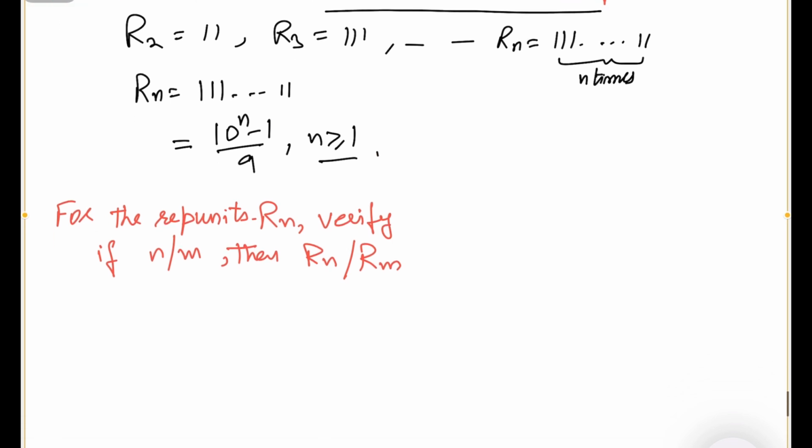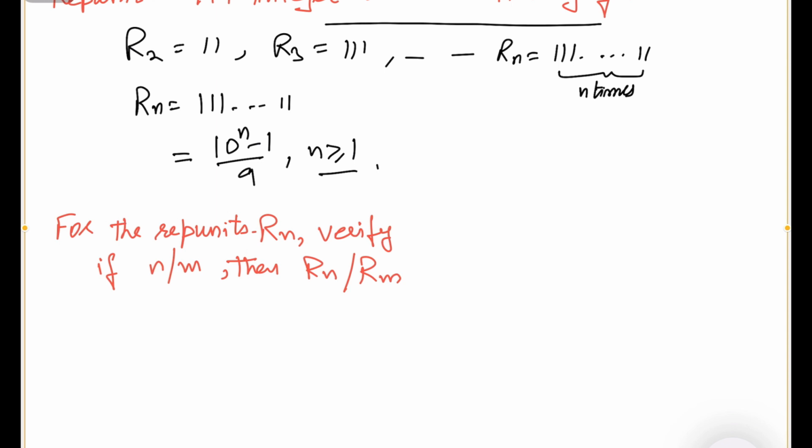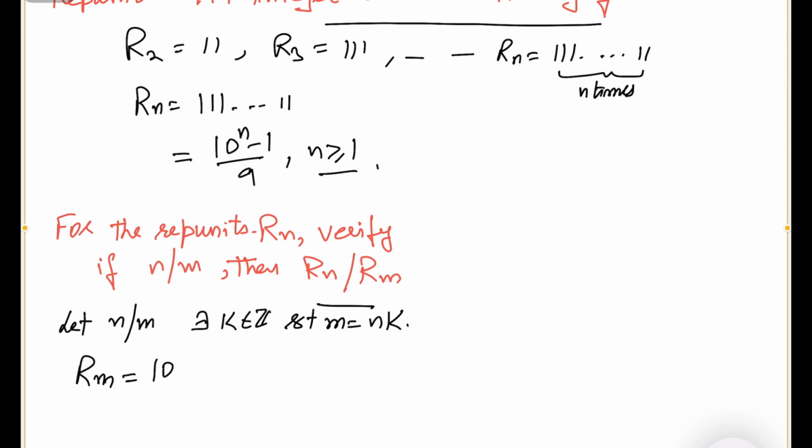Now let's try to verify some properties for rep units. For rep units Rn, verify if n divides m, Rn will divide Rm. So given n divides m, by definition of divisibility, there exists some integer k such that m is equal to nk. And we have already seen Rm is (10 power m minus 1) by 9. Putting the value of m here, this is (10 power nk minus 1) by 9, which may further be written as,